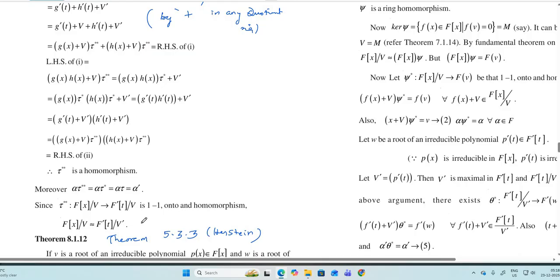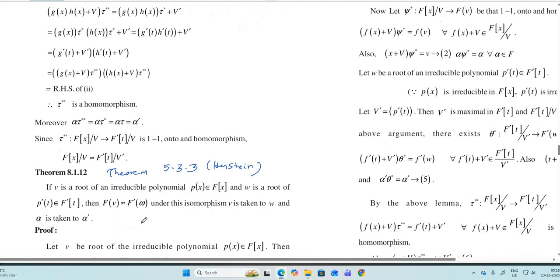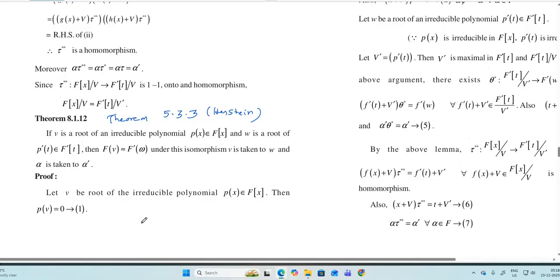Next we have this theorem, which is Theorem 5.3.3. The statement of that is, if v is a root of an irreducible polynomial, say p of x in f of x, and w is the corresponding root of p prime of t in f prime of t, then f of v, what is f of v? It is obtained by joining a root of an irreducible polynomial. V is what? Root of